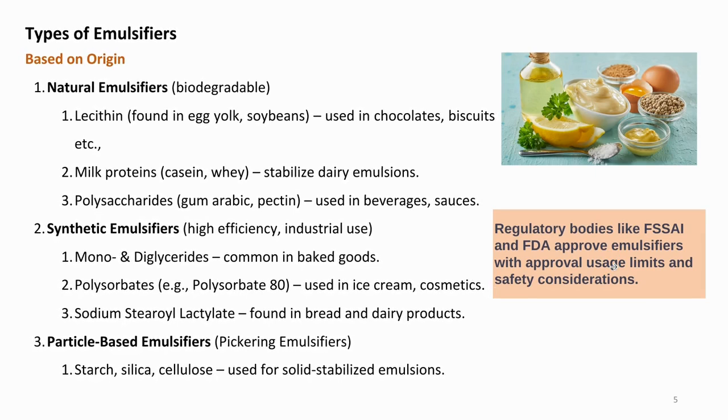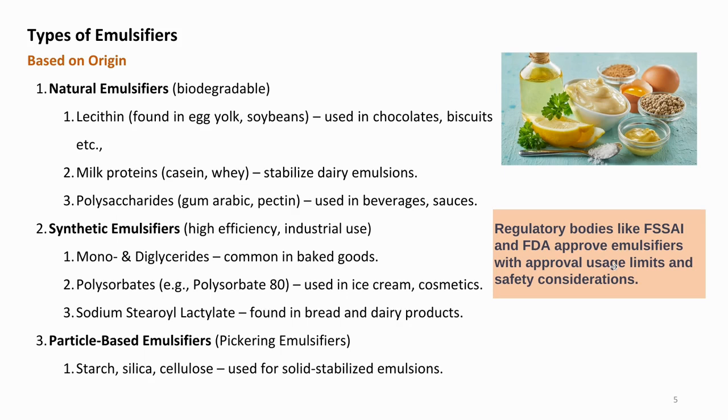Based on origin, we can categorize emulsifiers into three categories: natural emulsifiers, synthetic emulsifiers, and particle-based emulsifiers. Natural emulsifiers are biodegradable. For example, lecithin, which is found in egg yolk and soybean, and is very much used in chocolates and biscuits. And milk proteins, for example casein and whey protein, which stabilize dairy emulsions. On the other side, polysaccharide emulsifiers based on gum arabic and pectin are very much used